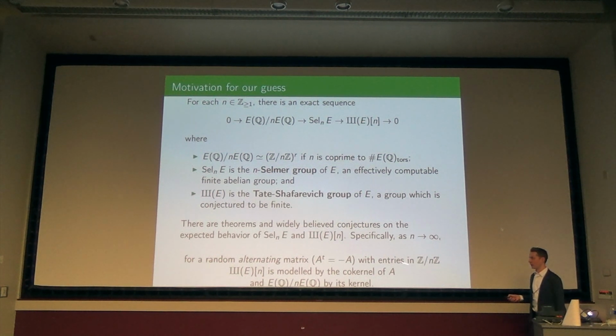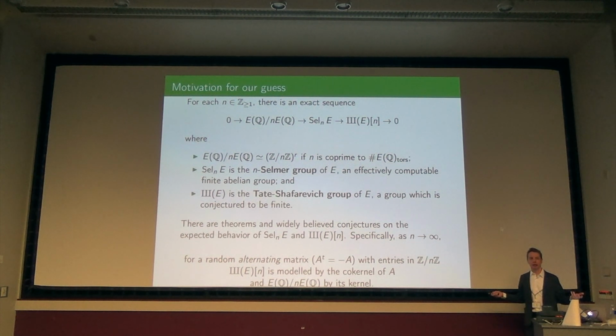Okay, so you guys can absorb this and remember a little bit. If I wanted to get the rank here on the nose, boy, I wish I could get rid of this n. Here I have to take a matrix with entries in Z mod NZ, where there are theorems and conjectures about Sha and so on. So why don't I just replace Z mod NZ with Z? Then I would take the kernel of an alternating matrix with entries in Z, and if this is supposed to be true, or believed, or has some context in which it's not a totally crazy thing to do. So that's where our heuristic comes from.